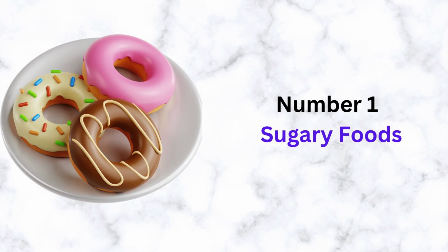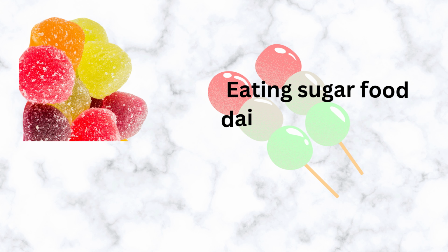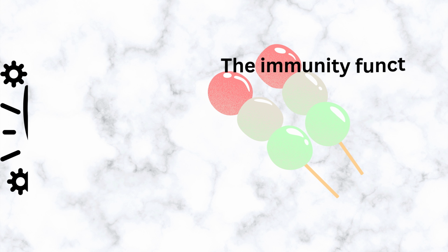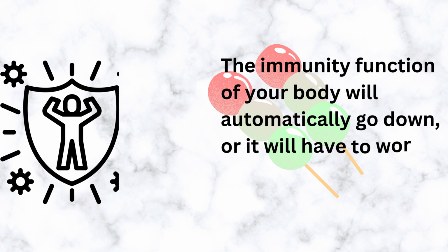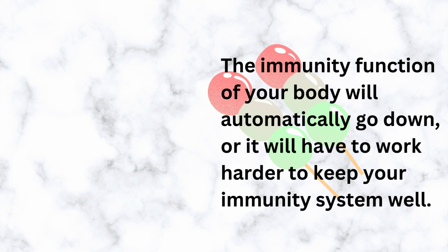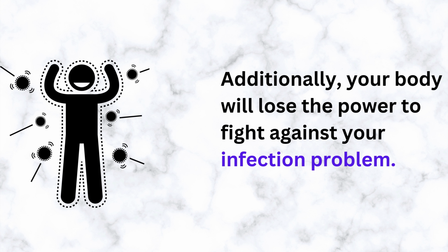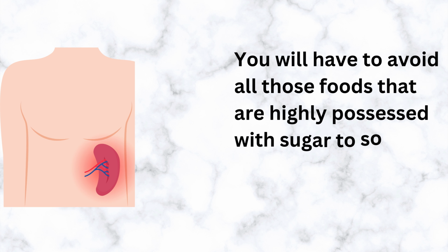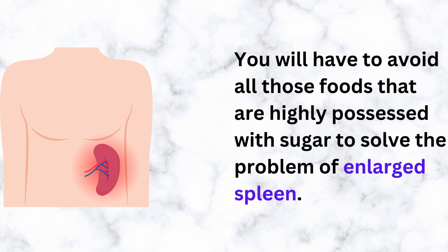Number 1. Sugary foods. Eating sugar food daily can have a bad reaction on your enlarged spleen. The immunity function of your body will automatically go down, or it will have to work harder to keep your immunity system well. Additionally, your body will lose the power to fight against infection problems. Hence, it is the worst choice when you have the problem of an enlarged spleen. You will have to avoid all those foods that are highly loaded with sugar to solve the problem of enlarged